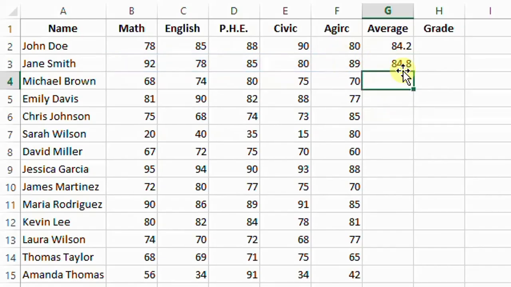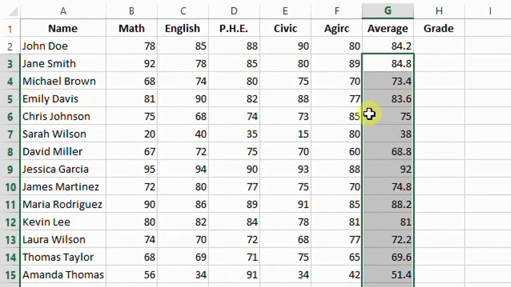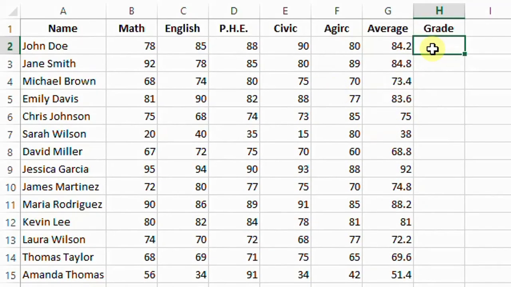So that will give the average for that set of numbers, and you can then click on that average and double click on the autofill feature. This dot at the bottom right of this cell, just double click on it and you get the other averages for the other students. Now say I want to give grades to these students and I don't know the formula to